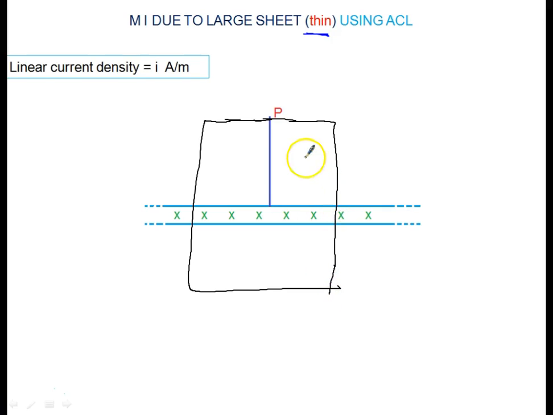Okay, I say this distance is R. Definitely, due to symmetry, this distance should also be R, and let's say this width is X, and I calculate this width, and let's say this width is Y. Oh sorry, we have taken it as R, so we need not write it again. Okay, so let us not write it.